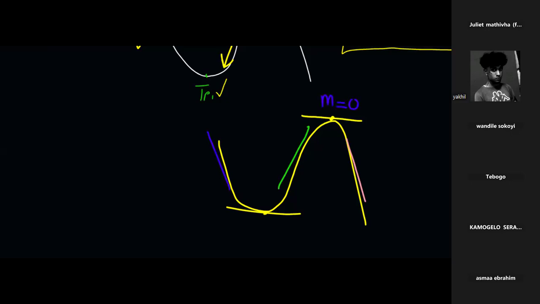Because even if you put a straight line graph, you're going to have a gradient that is less than 0. Look at this one. The gradient is less than 0. It's decreasing. Look at this one here. The gradient is increasing. It's greater than 0. Look at this one. The gradient is what? It's less than 0. All of these straight line graphs that I've just drawn on top of this cubic function trace back to the theory of gradients. Am I making sense? Compare all those straight lines that I've just written on the cubic function together with the theory of gradients. You'll get to understand what I'm trying to